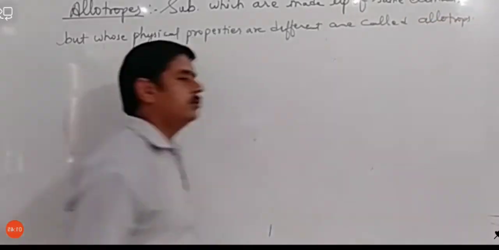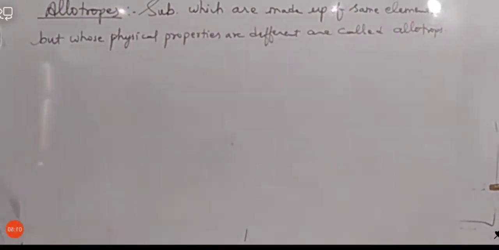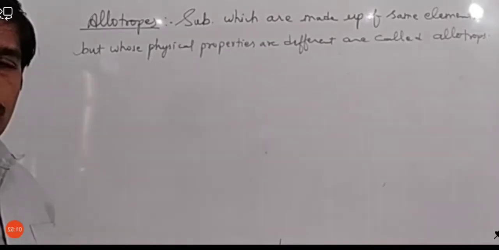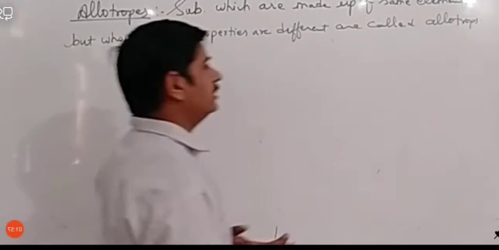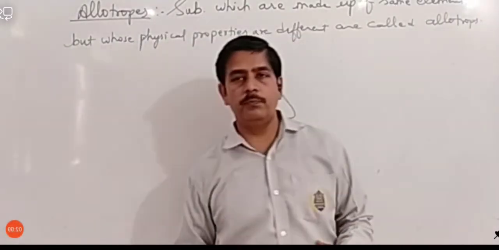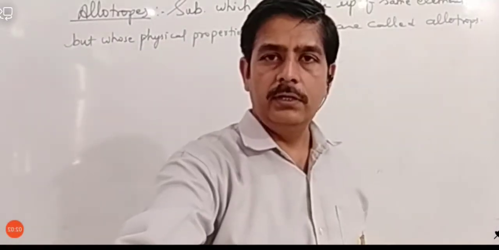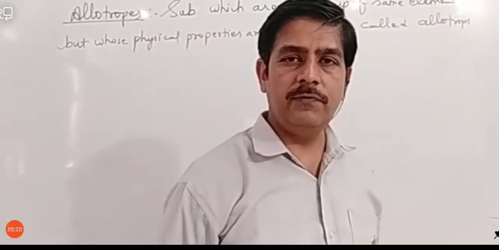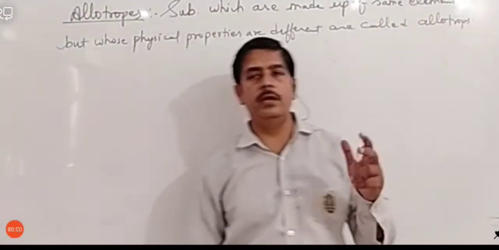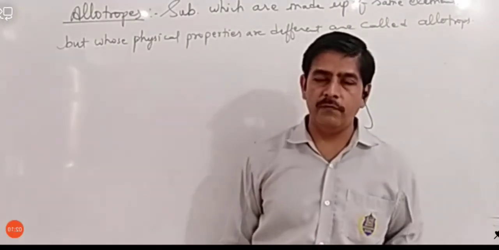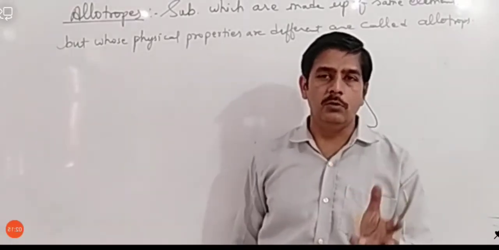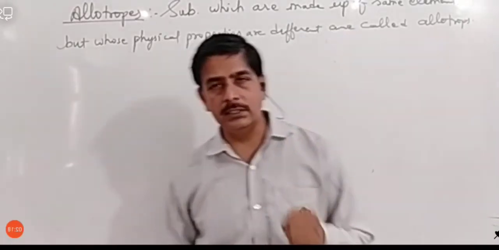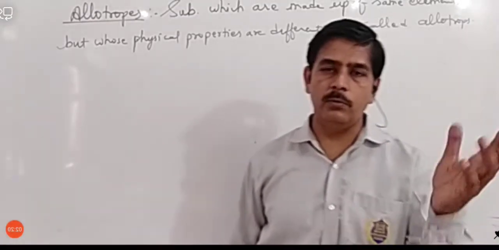उन्हें हम क्या बोलते हैं? Allotrope कहते हैं. So here we have got a very simple definition which tells us what allotropes are. Allotropes are substances having the same element but their physical properties are different. Physical property means their appearance is different. They will appear differently, such as graphite, diamond and fullerene. They are all made up of carbon, but their physical appearance is different. Graphite looks black, diamond is transparent, and fullerene is a little bit different from both of them.